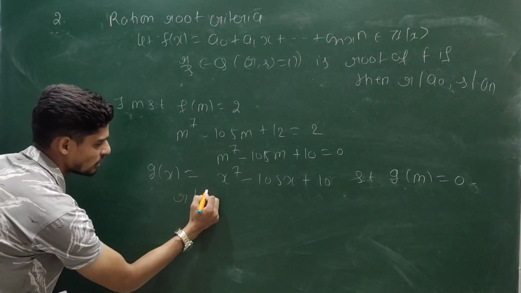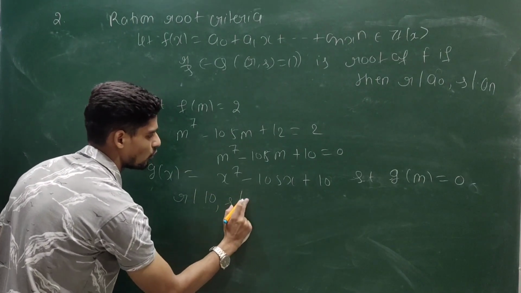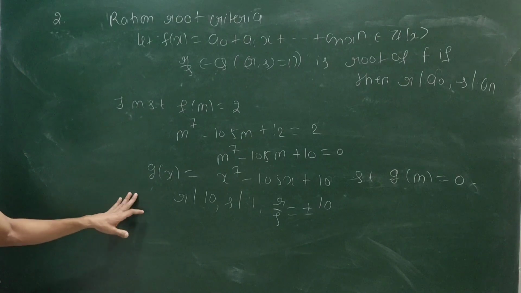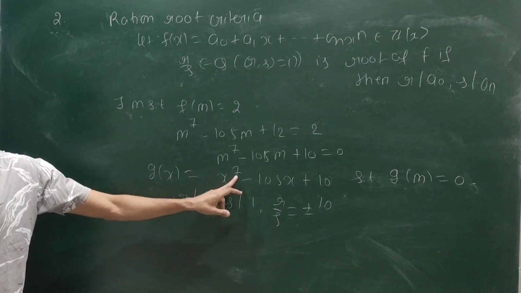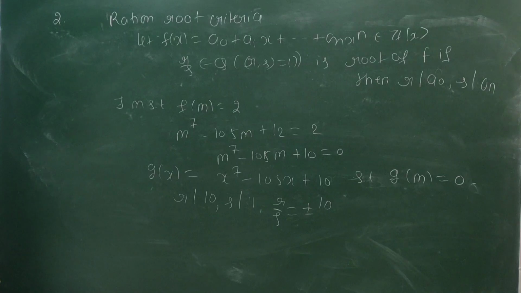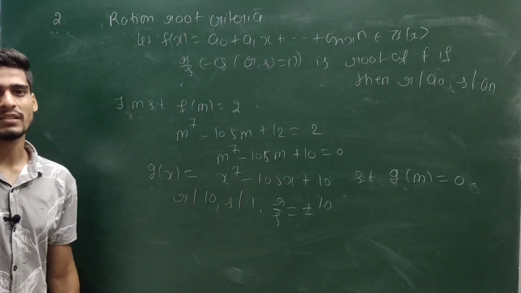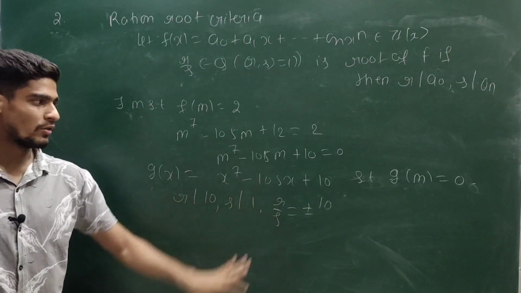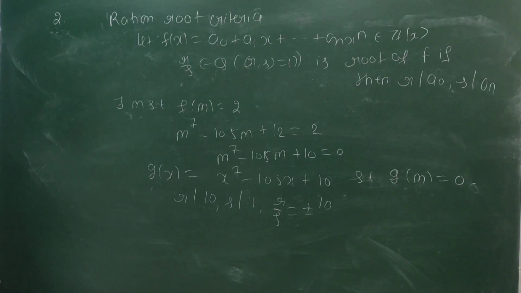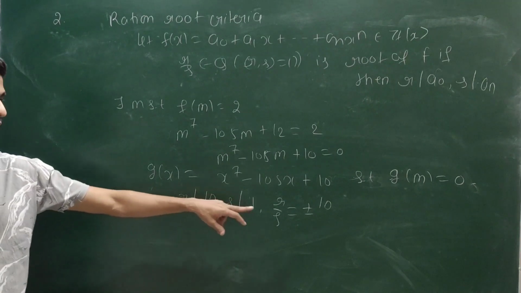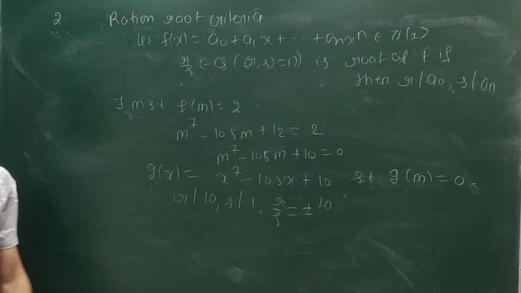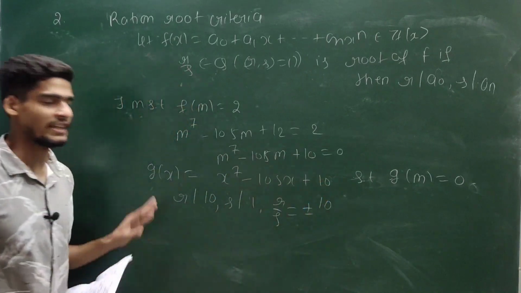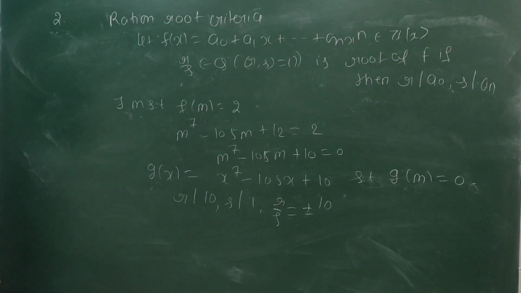I can see this r should divide 10, this s should divide 1. So possible value of r by s will be plus minus 10. You can again check this polynomial will not vanish at point 10, will not vanish at point minus 10 by similar argument, because it will be 10 power 10 minus 106, minus of 10 power 7 and plus of 106. It will not be vanishing at point minus 10 or plus 10. So you cannot give me such m, because if you can give me such m, I can give you such g, but such g does not exist by the rational root criteria.